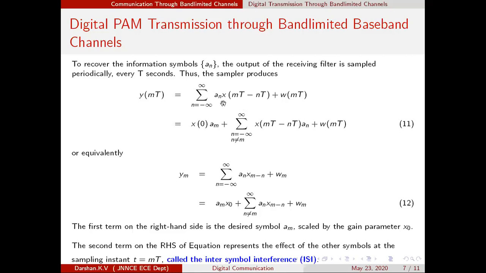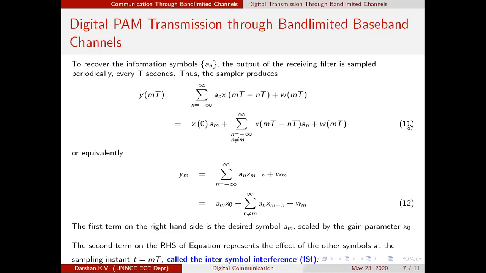So which term are we going to extract among these infinite terms? We will extract one particular term. So what is the term? The term such that n is equal to m. n equal to m. We will extract that term, keep it outside, and then write the remaining part of the summation.